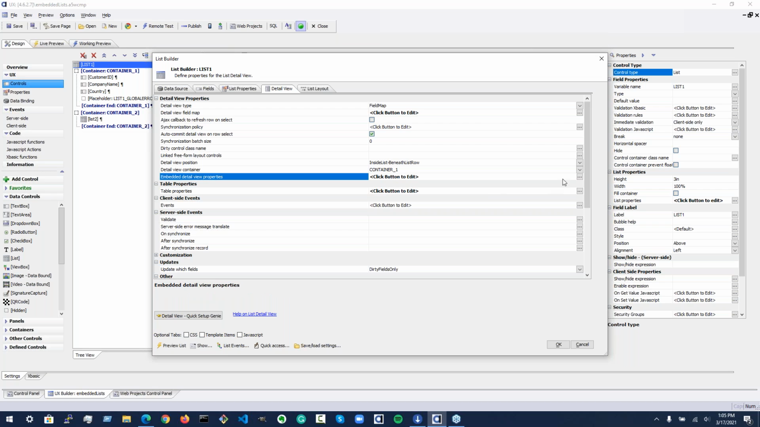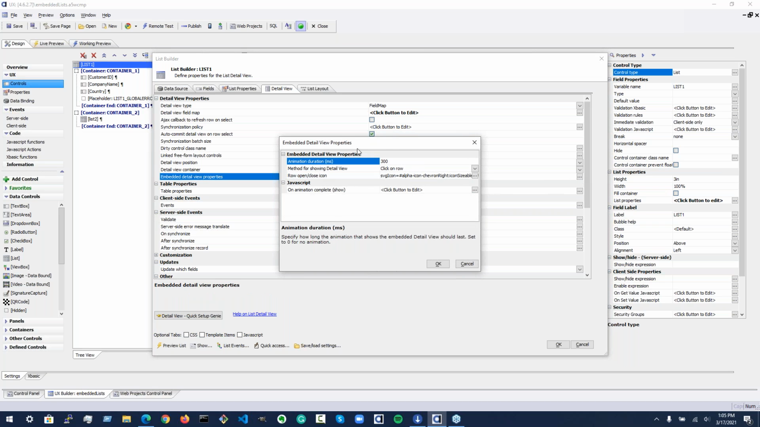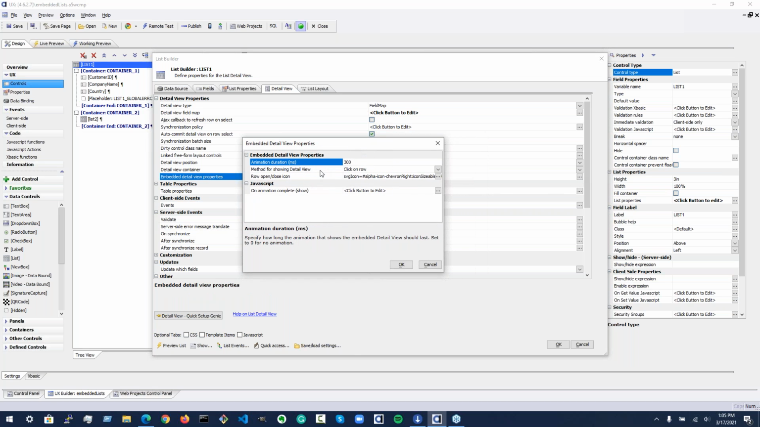And then you have the second property. If you open it up, it's the embedded detail view properties. What it lets you do is configure animation speed. So when you expand the row, it's going to animate down. You can turn that off if you don't like it by changing this to 0. The default is 300 milliseconds, I think. Yes, milliseconds. And that animation is fixed. You can't customize the animation used, but you can control how long it takes to open